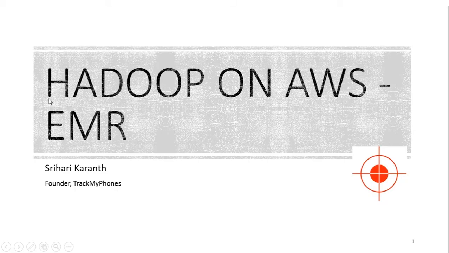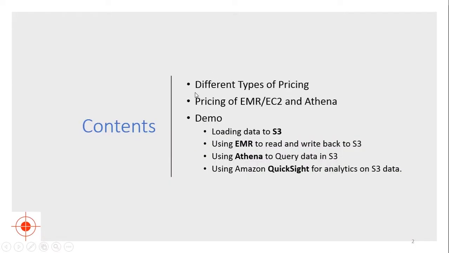Today we will see how to use Hadoop on AWS, and that's by using EMR. EMR is Elastic MapReduce, which has Hadoop by default. So we'll briefly touch upon different types of pricing available in AWS, then pricing for each EMR or EC2 instance that we will be using in our demo, and also the price of Athena, and then we will quickly jump